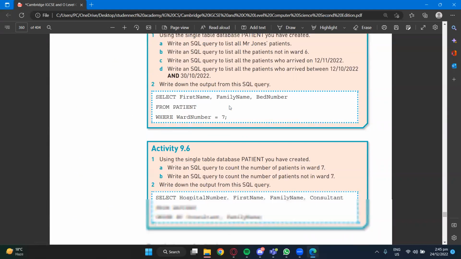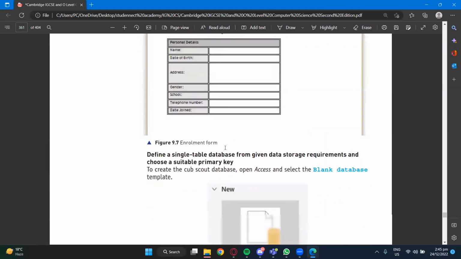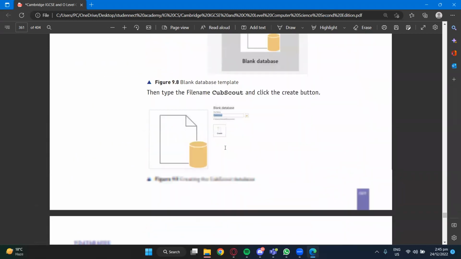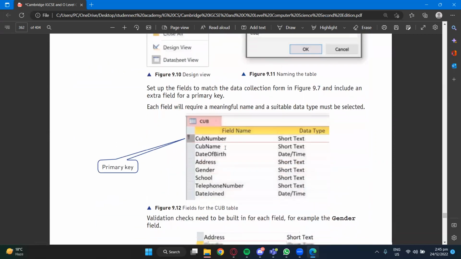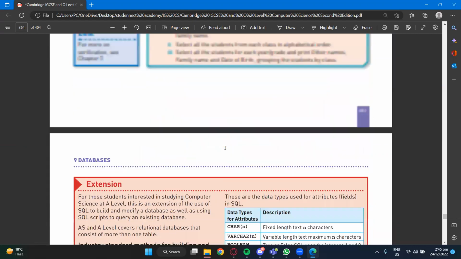All right. Let's go to see some actual examples. All right, this is practical. I'm not sure if your teacher is going to make you do this, but could you ask them to confirm if this chapter is something they're going to